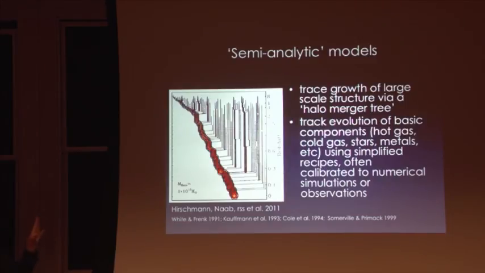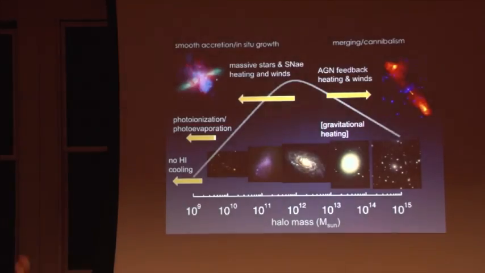And of course, the advantage to these techniques is that they're very, very computationally efficient. I can run a simulation with 2 million galaxies overnight on my little Mac desktop. And what that means is that if I don't understand the details of all of these physical processes that I've been listing, I can try lots of different things. I can even do things like a Markov chain Monte Carlo approach to explore my parameter space. So there's a lot of exploration that you can do very efficiently with these techniques.